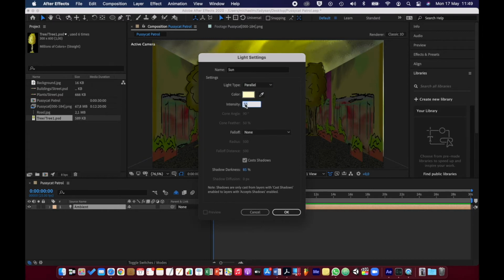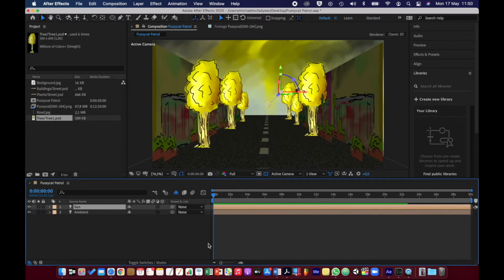We'll set the intensity to 100. We'll make sure that cast shadows is on. We'll set the shadow darkness to 100. The color we'll leave at that yellow white color, and we'll say okay. Alright, so now we have got a much brighter light, but we're not casting shadows yet, and the reason